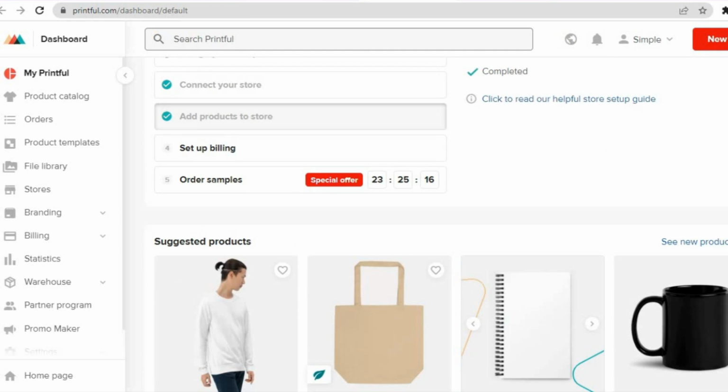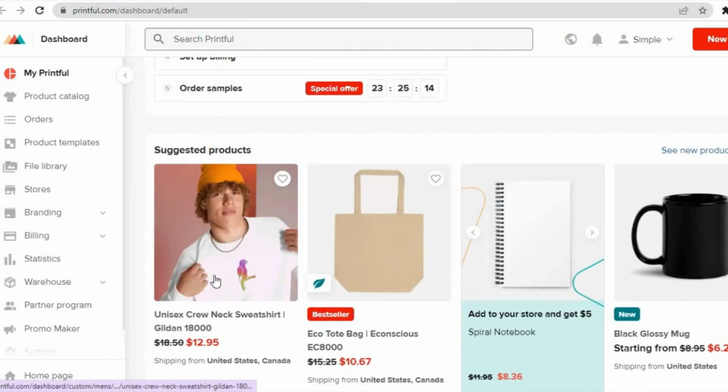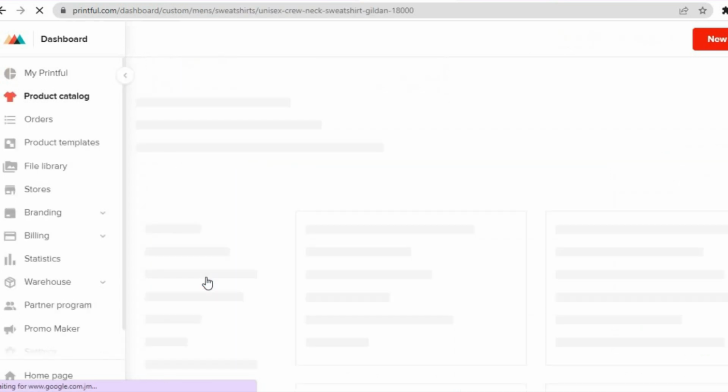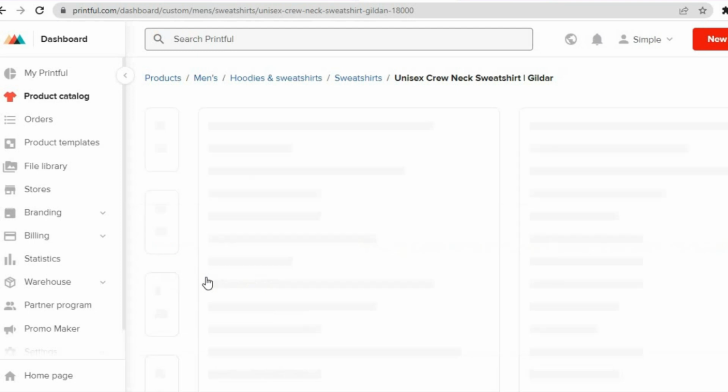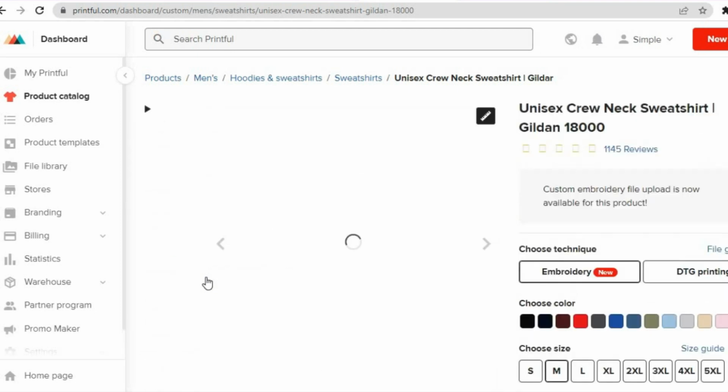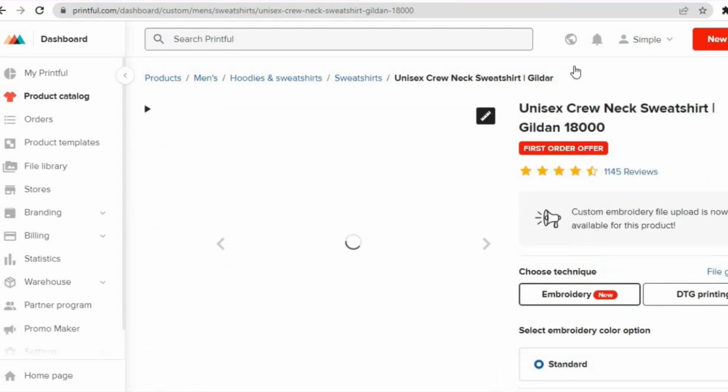So for this example, I will be using this crew neck sweatshirt as you can see right here. All I will need to do is tap on the product. Once I've tapped on the product, I'm going to be redirected to this page. And keep in mind that one of